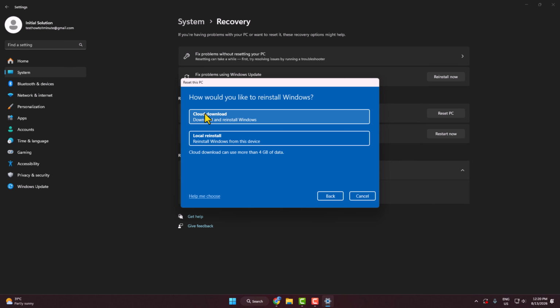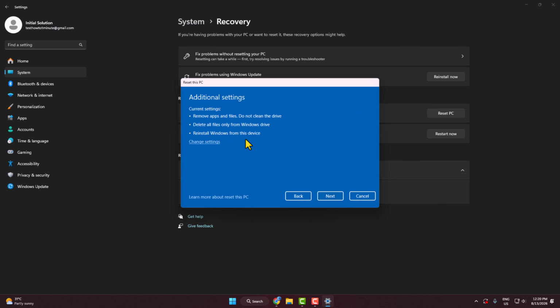And select how would you like to reinstall Windows. You can choose Cloud Download or you can choose Local Reinstall. Now just go ahead and click on Next and follow next steps to completely factory reset your PC and reinstall